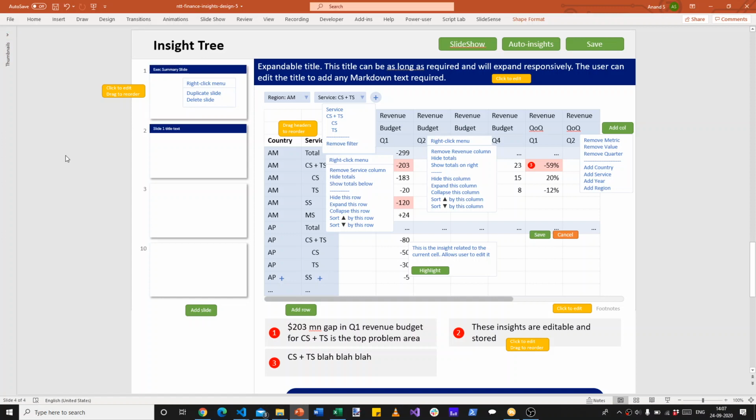The slide gets saved. You can also right click on the slide, and when you right click, the set of options that you get are duplicate slide, which takes the same slide and copies it below itself, or delete slide, which removes the slide. There's also an add slide here as an alternative to duplicate. If you just click on add slide, it'll add an empty slide where you can add your rows, add your columns, and fill in whatever insights are there.